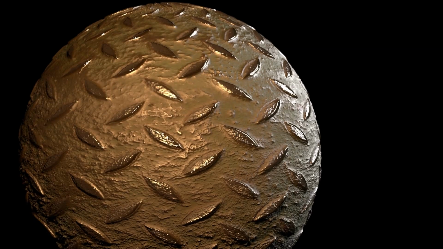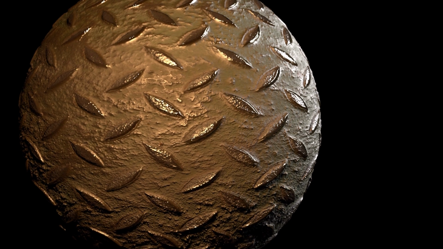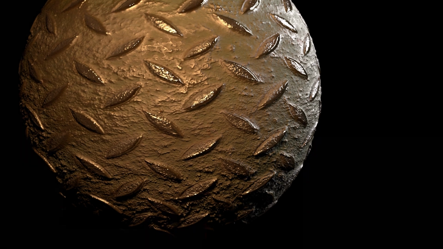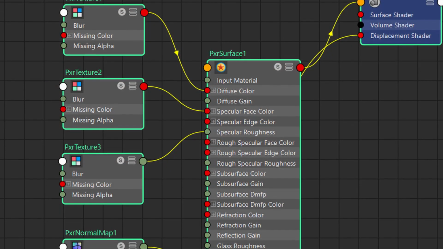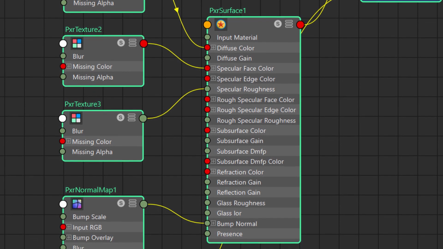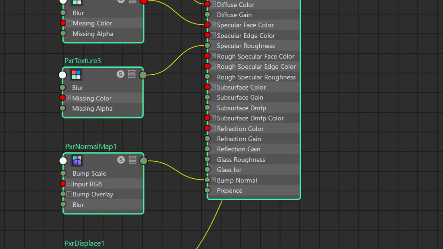Today we're going to be having a look at how to assign PBR textures to your objects. Now, PBR textures are made up of physically based rendering layers to make your objects look more realistic, with specific maps designed for specularity, diffuse, also known as albedo, and normal maps and displacement. So I'm going to go over a couple of common situations that you might come into when you're trying to